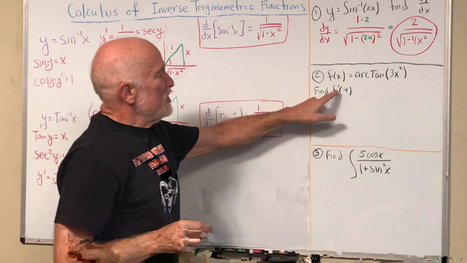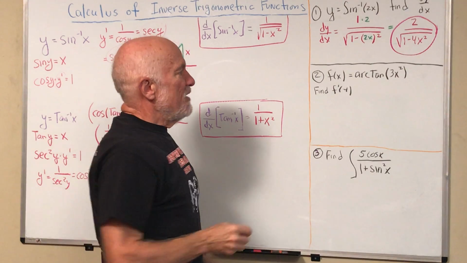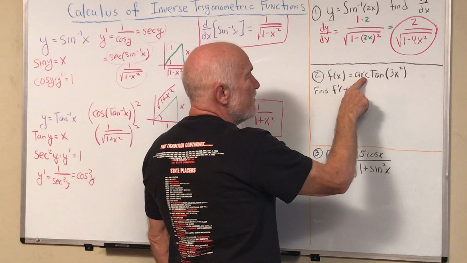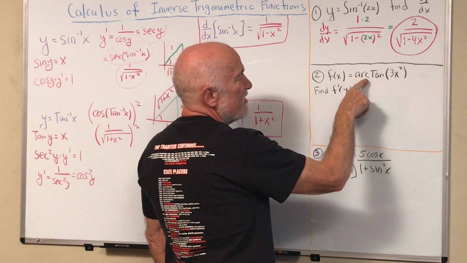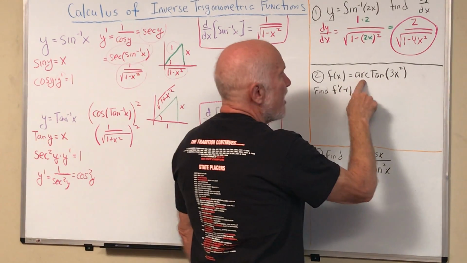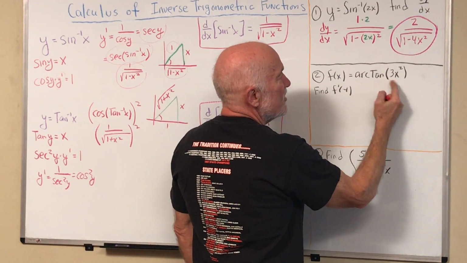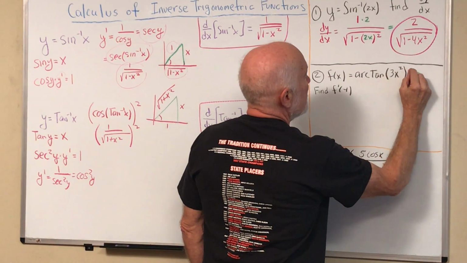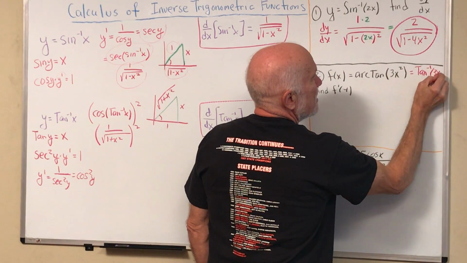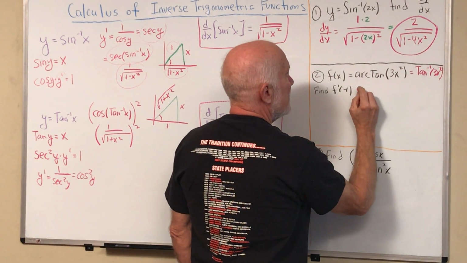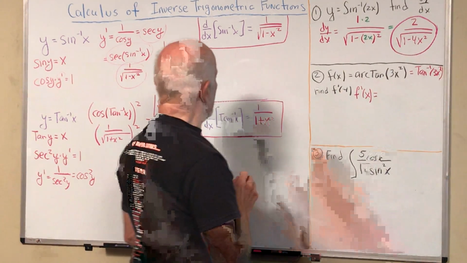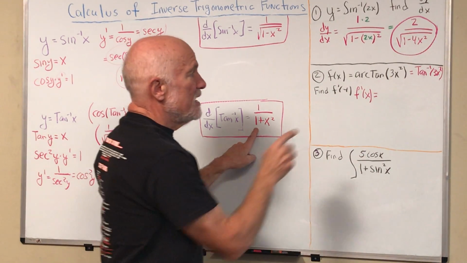Okay, another derivative. Now this time, just to show you, there's two different ways you can write the inverse tangent of x. The way like this, or you can say it's the arctangent. So if you don't like this, you're always allowed to just make this